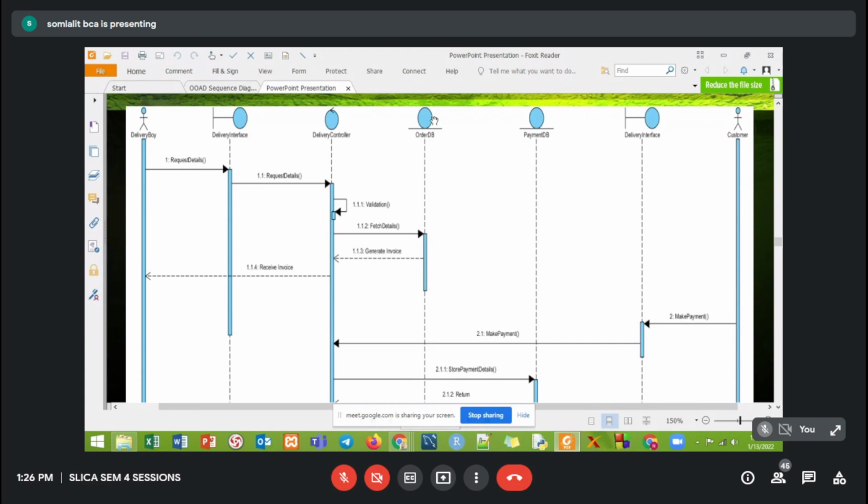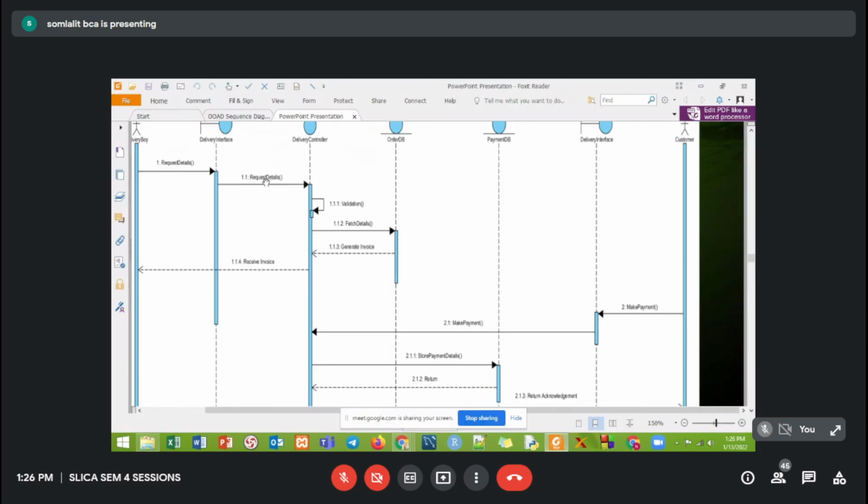But try to understand, the controller remains as it is. The controller is only one. So in a sequence diagram, one thing you need to make sure of is that for simplicity, we are not going to prepare multiple controllers. The controller is going to remain the same. Multiple controllers will not be there, only one controller.